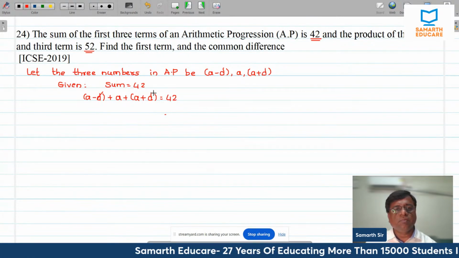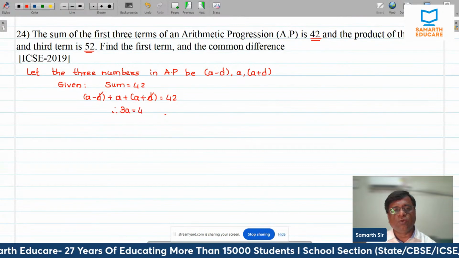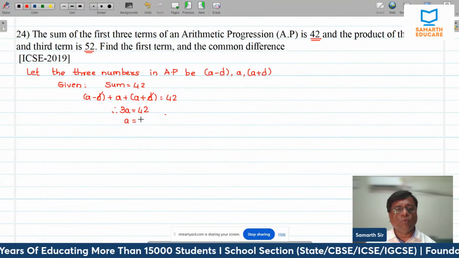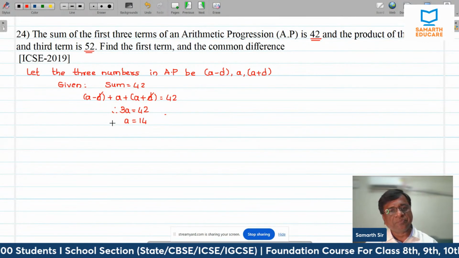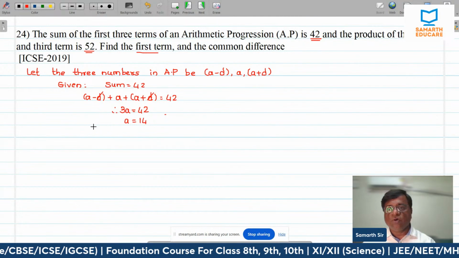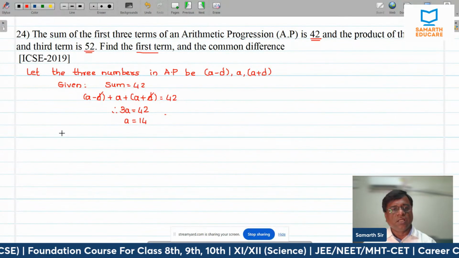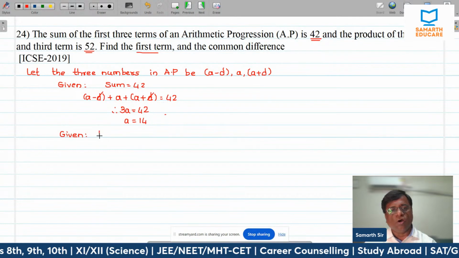So minus d plus d gets cancelled. So 3a is equal to 42 and a ka value hai 42 divided by 3, 14. First term mil gaya, common difference ki zaroorat hai, right? For that he also says that given one more thing which is given to us, that product of all the